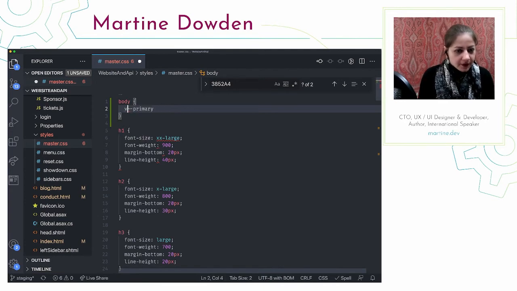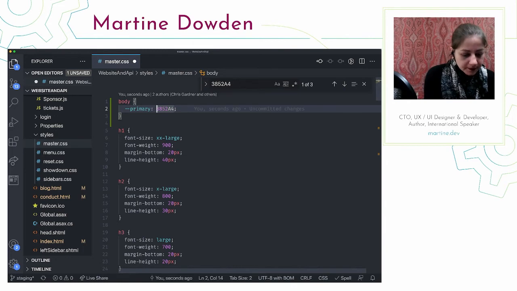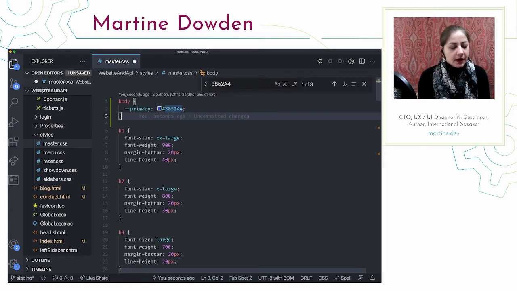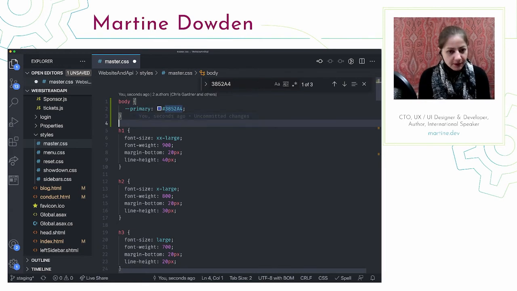There we go. Now it's coming back to me. I use Sass a lot, and so that's a slightly different structure. And I want to go ahead and put the pound in. There we go. So now we have that set, this will also allow us that if we decide to do a dark theme on this, it'll be super easy to decide what we're going to do and how we're going to do it.